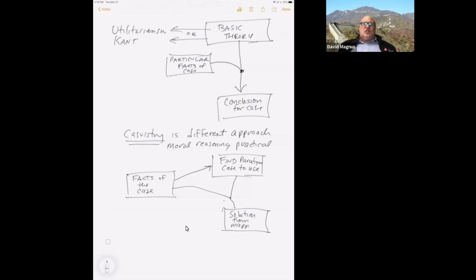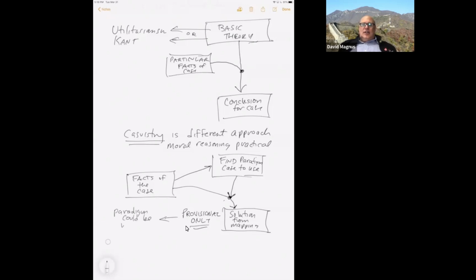It's a provisional decision. The reason why it's provisional, I don't know if any of you have ever experienced this, but I started off as a physics major and I definitely experienced this. I did not, in fact, always get a perfect score on every exam and every homework assignment. And this is because even though I applied this form of practical reasoning, sometimes I was wrong about the paradigm case, and there were exceptions or reasons why it really didn't fit very well.